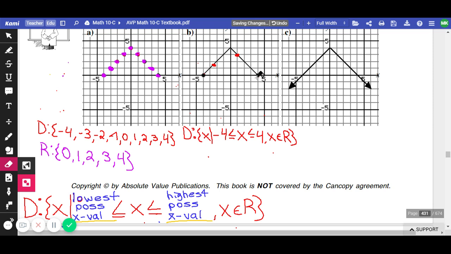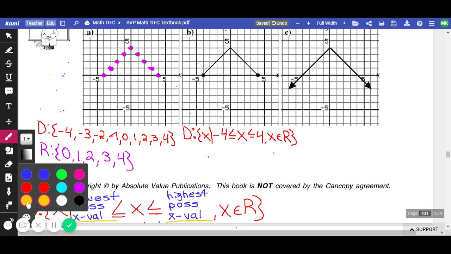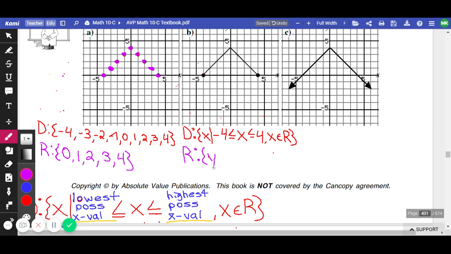Range is the exact same. However, it's y values. So it would be the exact same format you have here. Just change the d to r and the x's to y. It's the exact same format. So if we're looking at this question, we're going to go range is y such that